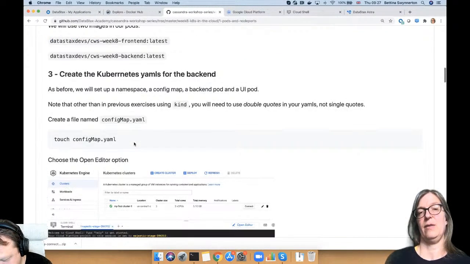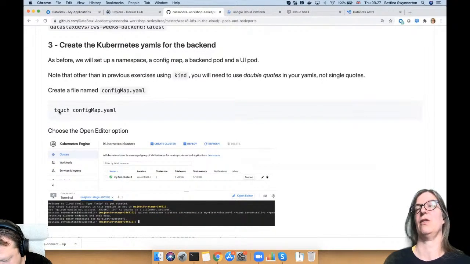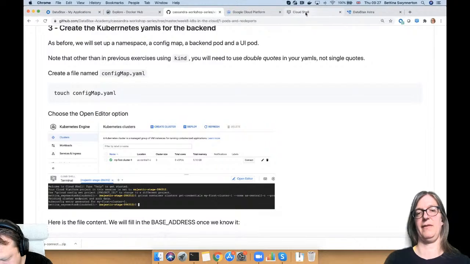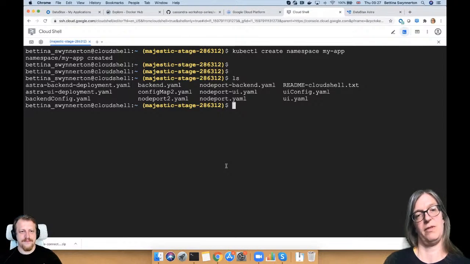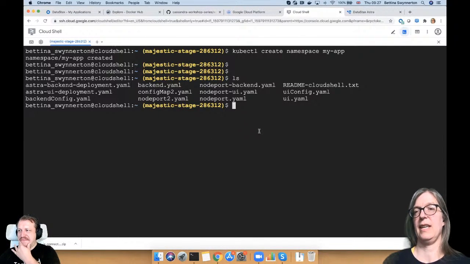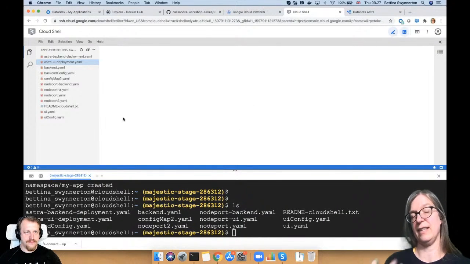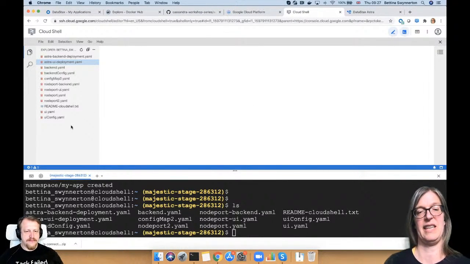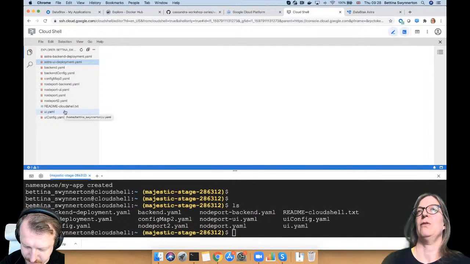And now we create, actually, I'm not going to create the YAMLs, but I've given you instructions how to create them. We're just going to use them, and I'll show you how to inspect them. So I actually have everything here. These are the YAMLs that we use today. Perhaps not even all of them, because I did some experiments. And what is really nice in Cloud Shell, you can actually open an editor quite easily here and then explore them and edit them. And other than Gitpod, for example, this has autosave enabled.